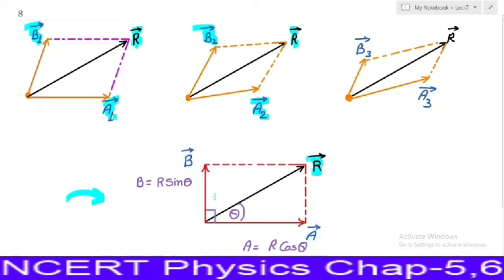In this special case, it is very easy to find the value of components. Suppose this is vector R and these are two components A and B for this vector R, and the angle between A and B is 90 degrees. Then one thing which will be given to us is the angle of this resultant vector with either of the components. मतलब एक चीज हमें हमेशा गिवन होगी कि यह रिजल्टेंट वेक्टर किसी भी कंपोनेंट के साथ कितना एंगल बनाता है। Suppose we are given this angle theta, then the length of this vector A would be equal to R cos theta and the length of this vector B would be equal to R sin theta.